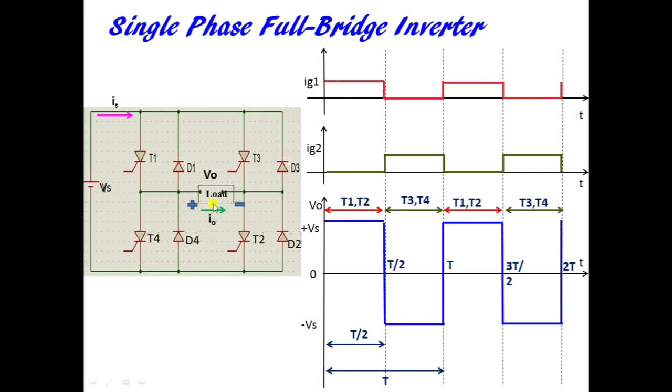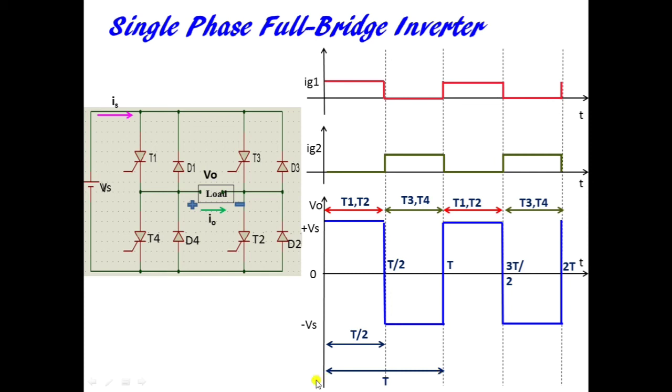So now the load current is flowing in the opposite direction as compared to the earlier current, and now the output voltage will have opposite polarity, with positive here, negative here. So you get your second half cycle having magnitude minus Vs because the output voltage polarity is changed. This is how you get one full cycle of your alternating output voltage. Again in the time period from T to 3T by 2, T1 and T2 will be gated, and then again T3 and T4 will be gated, and this cycle will keep on. So this time period is T by 2, whereas the full cycle time period is T.